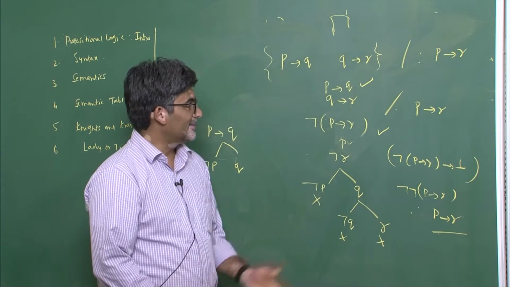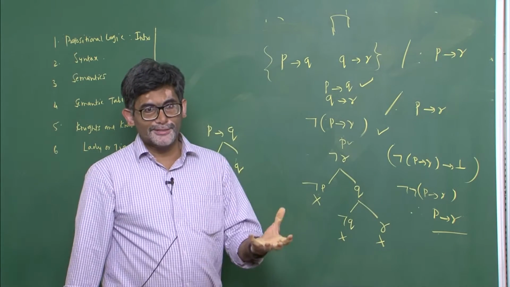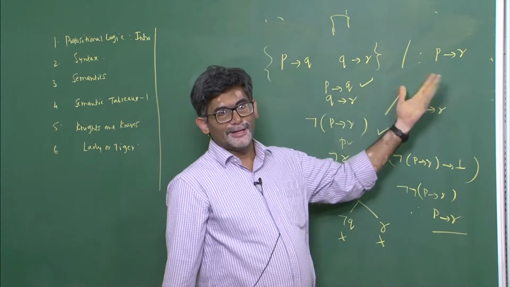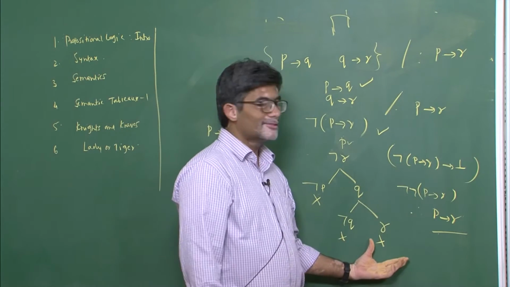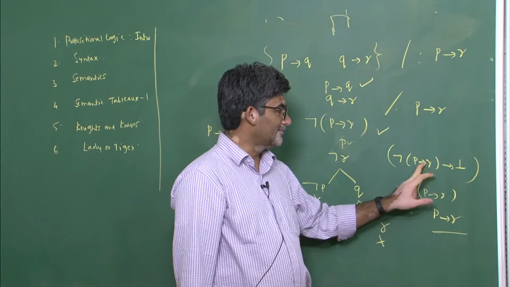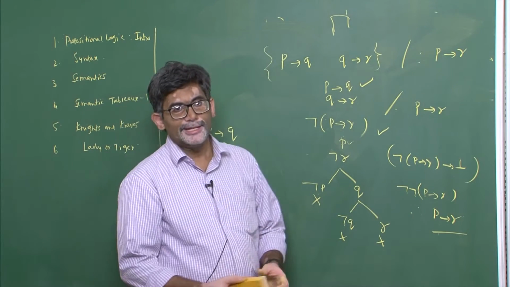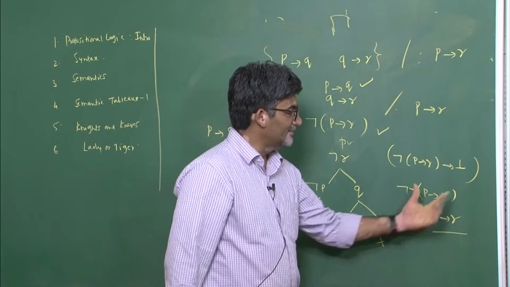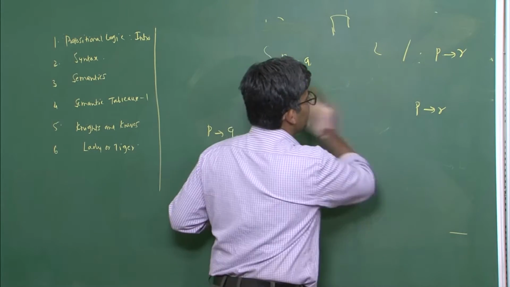You might ask what we get from this. The semantic tableaux method is a kind of decision procedure. This is a simple transitivity property: P implies Q, Q implies R, and P implies R. It can be proved in this sense: you deny the conclusion, it leads to a contradiction, so that means it should be P implies R. This is the way you check the validity of a given formula. Validity here means it is a consequence of the premises. So you can check the validity of formulas like this.